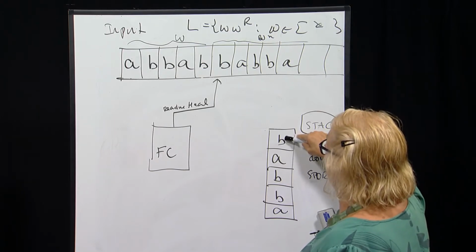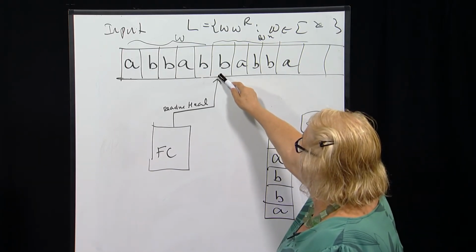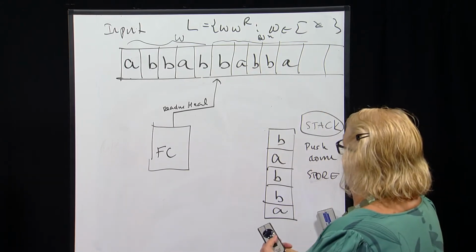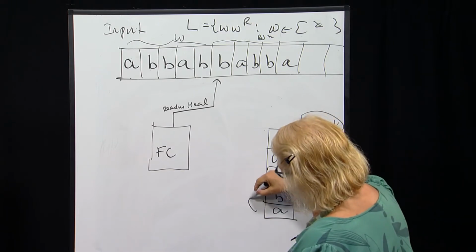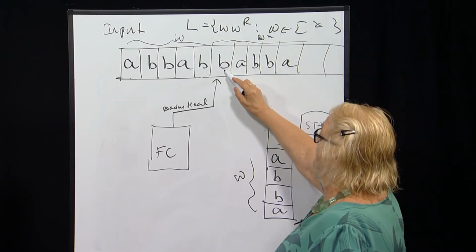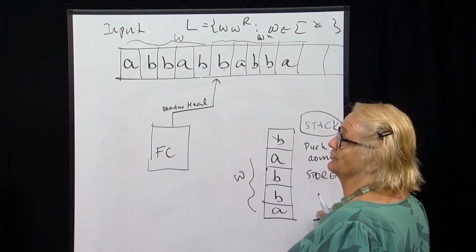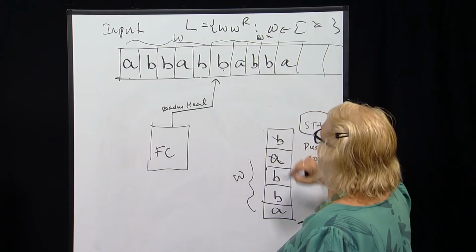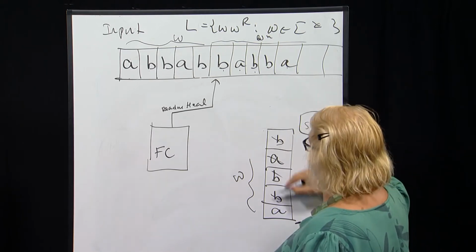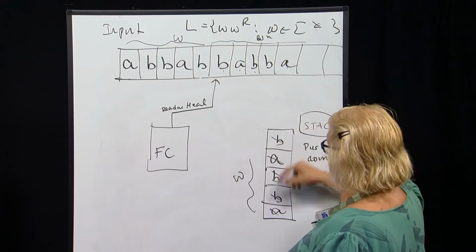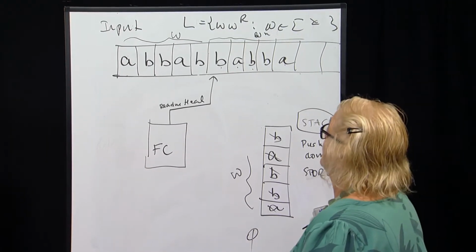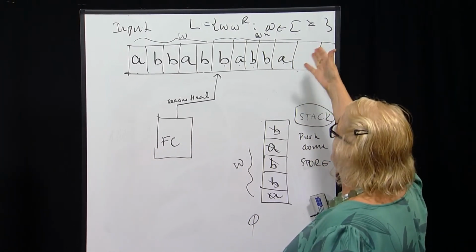is, I read now this B, and I compare this B with the stack, so that I put our W on the stack, and now I check it. So I read B, and I remove it from the stack. I read A, I remove from the stack. I read B, I remove, and I read B, I remove it. I read A, and the stack is empty. And I read the word, so the word was accepted. In general, that would be an automaton which would